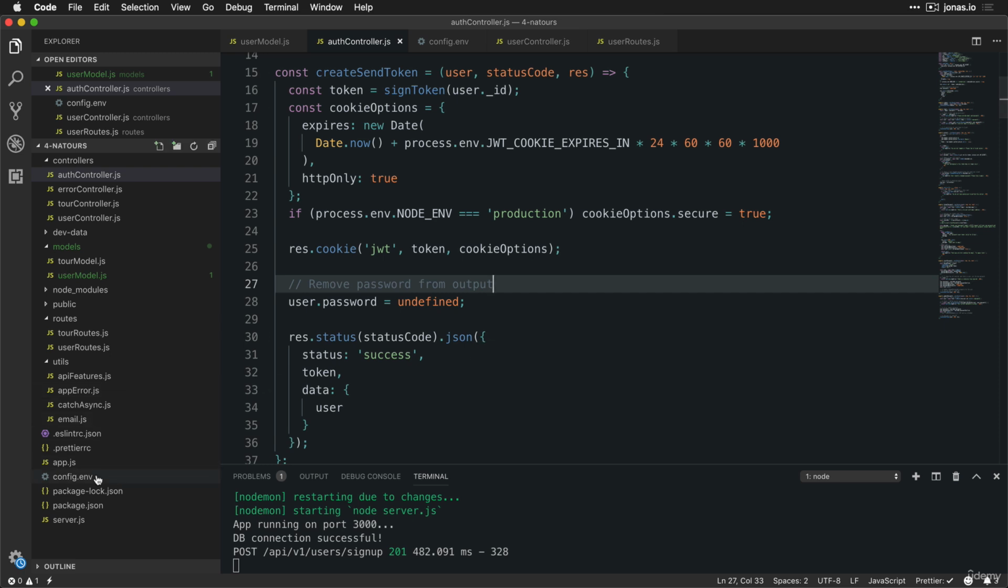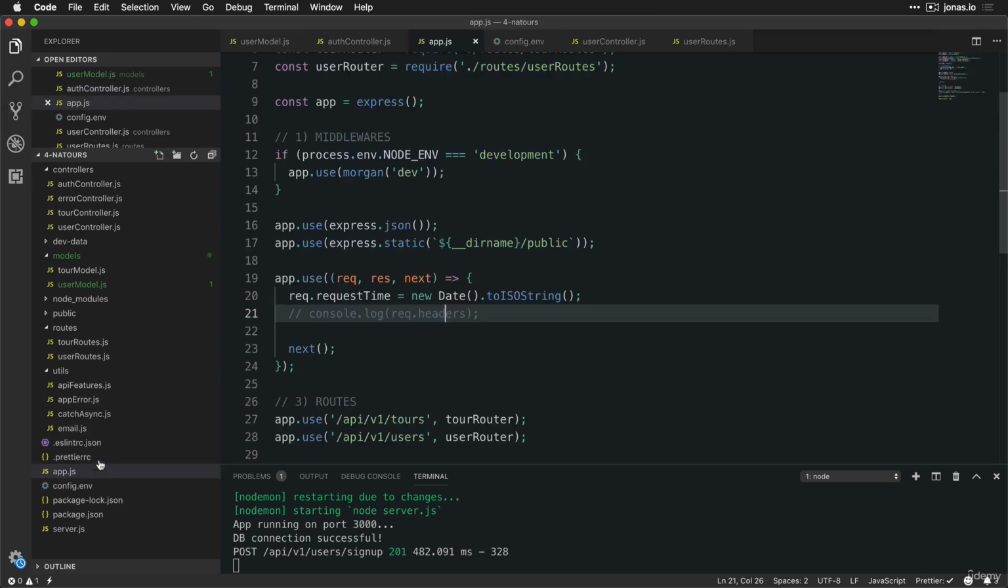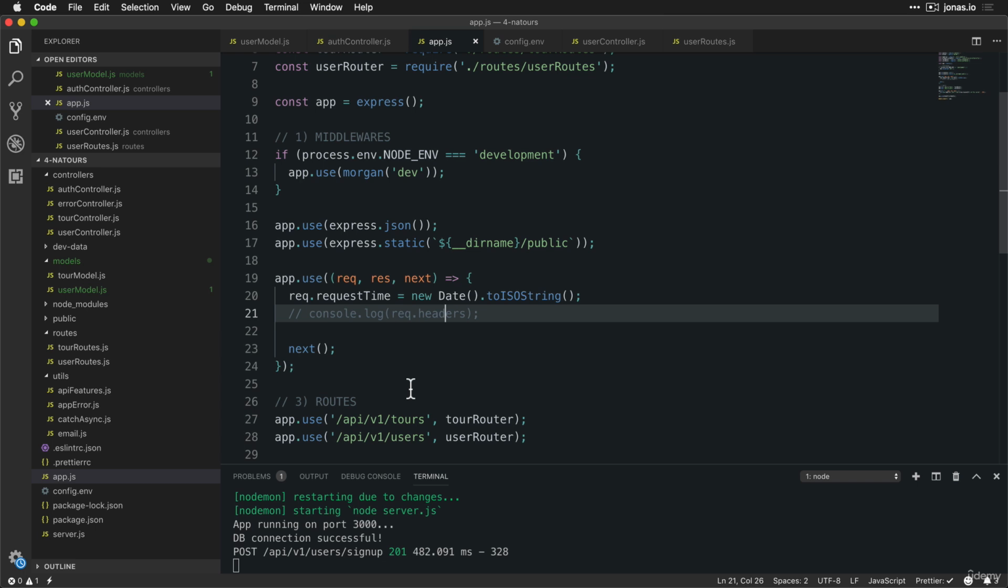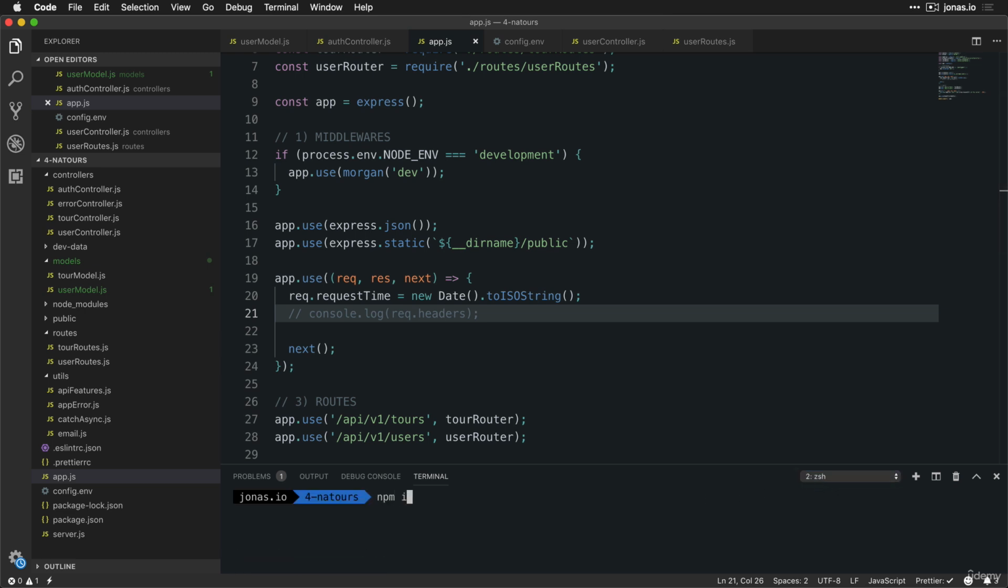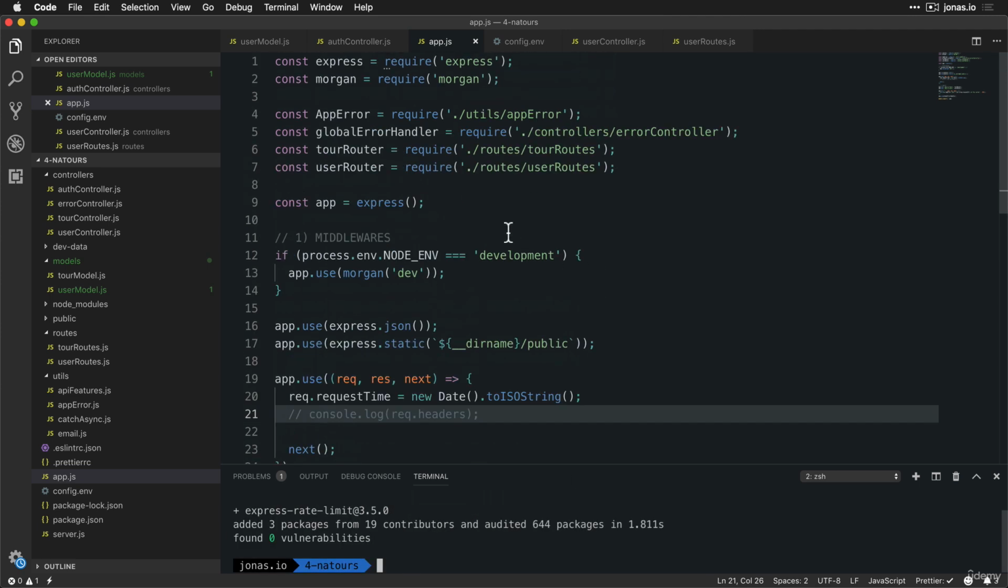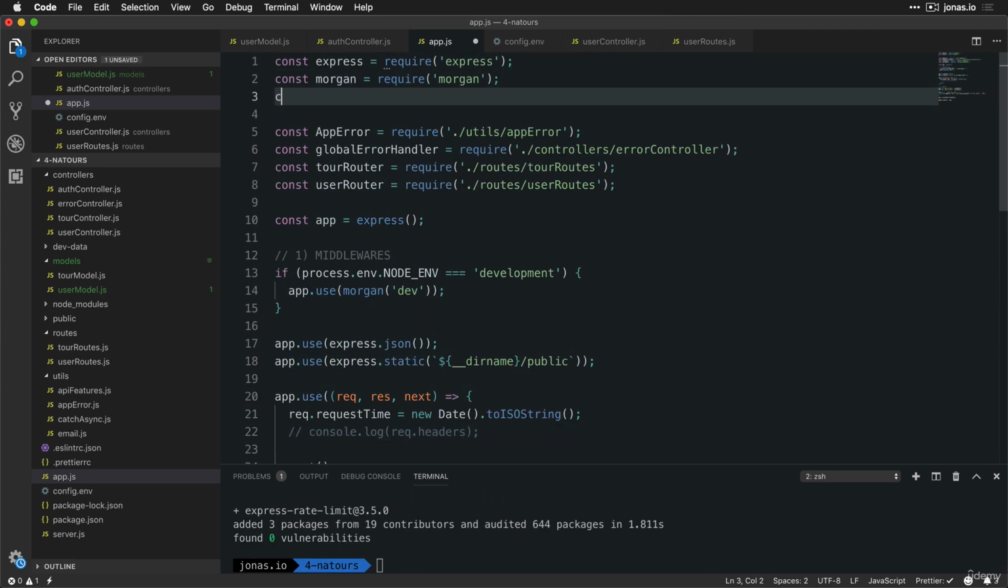So we do that in app.js. So we haven't used this one in a long time, and the rate limiter that we're going to use is an npm package called express rate limit. So let's install that. npm i express-rate-limit. All right. And then here at the top of our application,